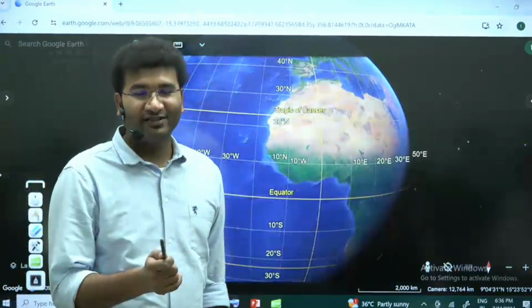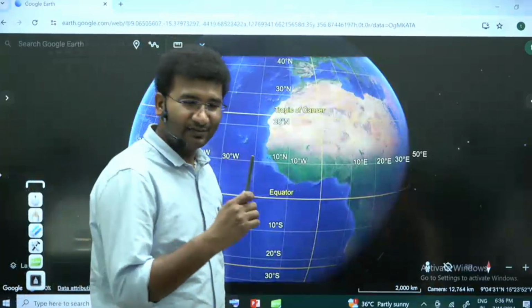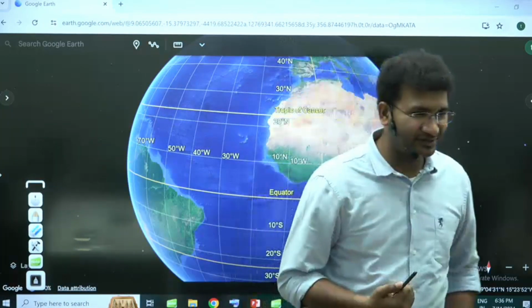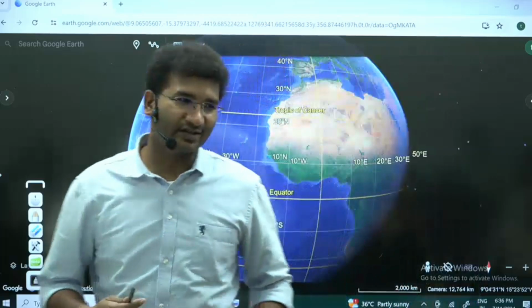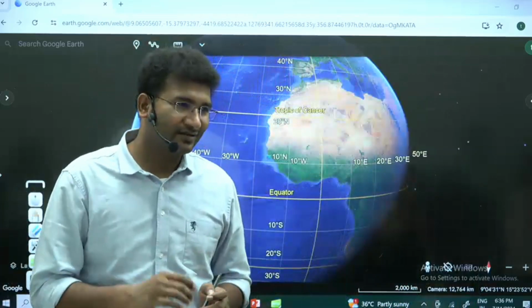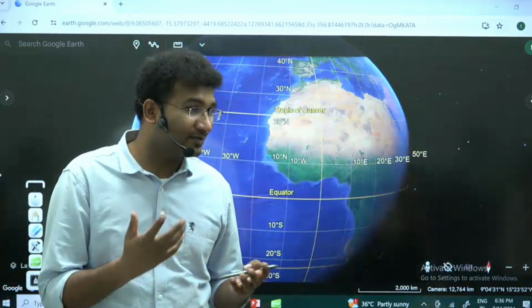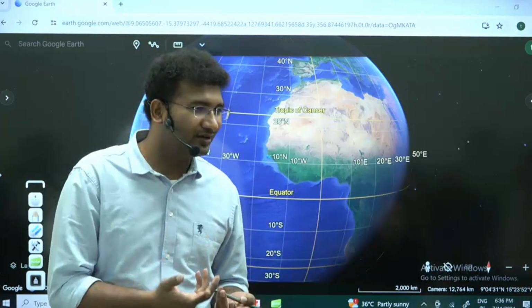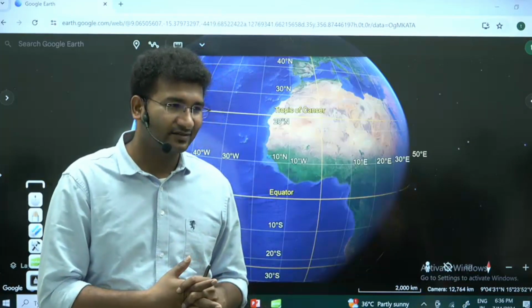Sea breeze और land breeze से कोई फर्क नहीं पड़ता है क्या? Sea breeze, land breeze कौन सा wind है? Primary, secondary and tertiary? Tertiary. Tertiary winds में, do they have the impact to make a climate? It's a local factor. ठीक है?